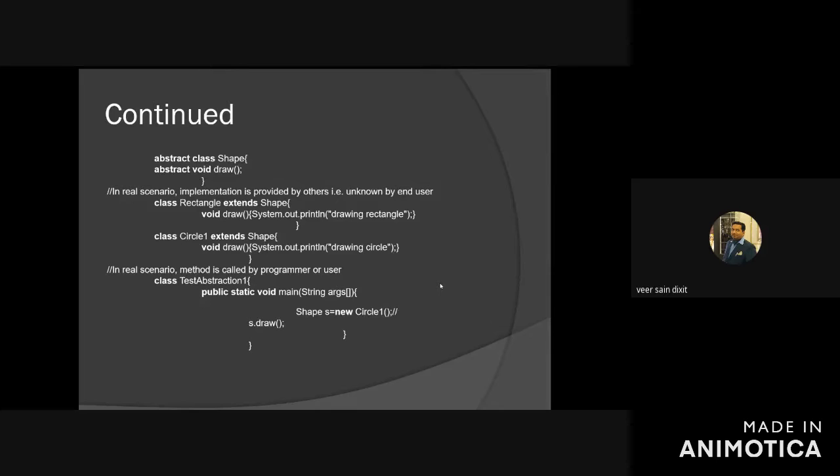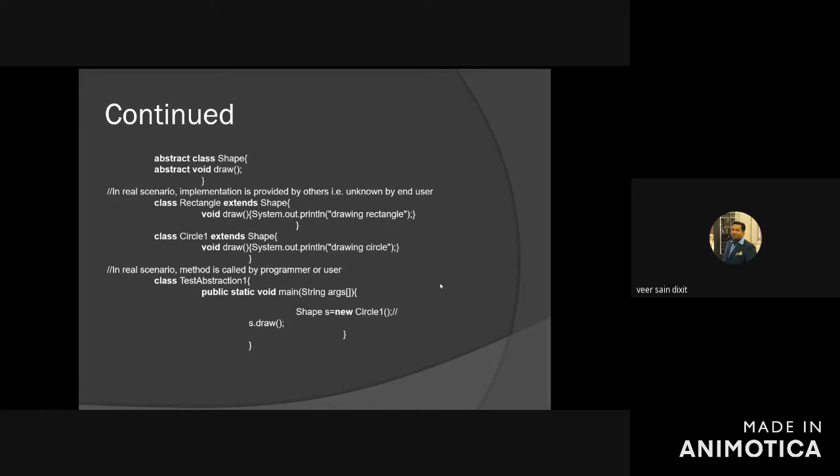Now we are making a class Rectangle which is extending the Shape class. So there is another difference between interfaces and abstract classes, that abstract classes can be subclassed, meaning you will use the extends keyword, while in the interfaces you will use the implements keyword. So here the Rectangle class is extending the abstract class Shape, and in this subclass we are defining the draw method, meaning we are including the body